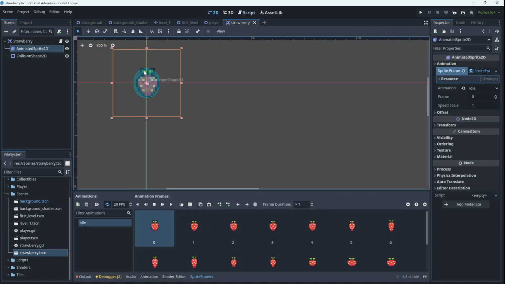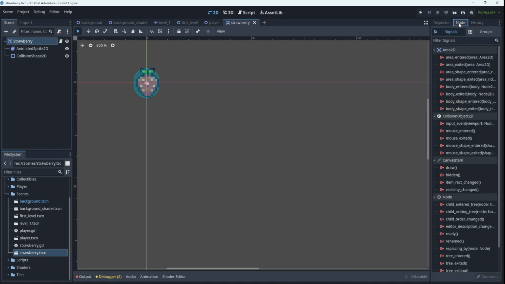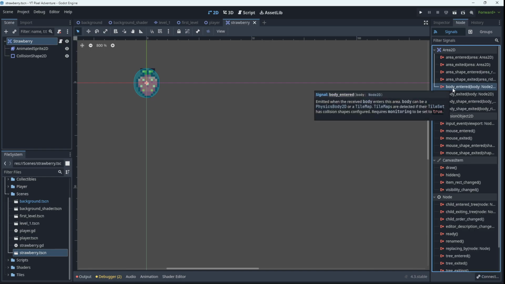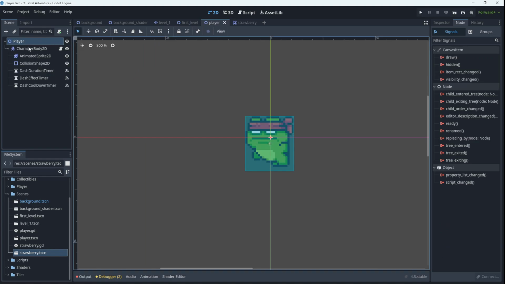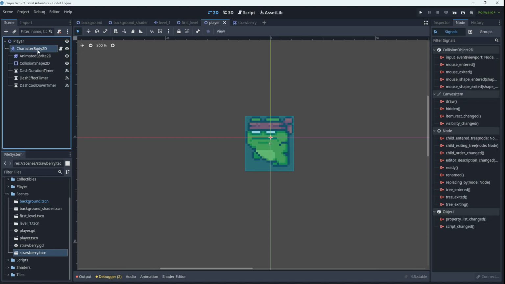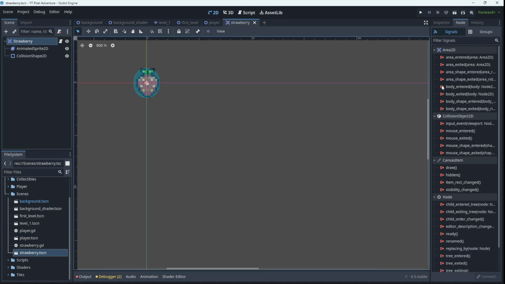So if we go back to 2D, when something enters this circle, the strawberry will send out a signal that a body has entered it. So if we click on the strawberry, we go to the nodes, and here we find signals. Here we have body entered. So we want that. Why? Because we're looking for the player, and if we look at the player, it is going to be a CharacterBody2D. That body tells you that we need the body entered signal. So we're going to say body entered, click on connect,